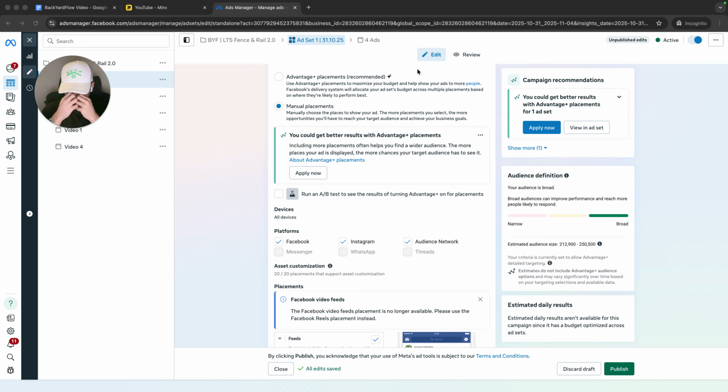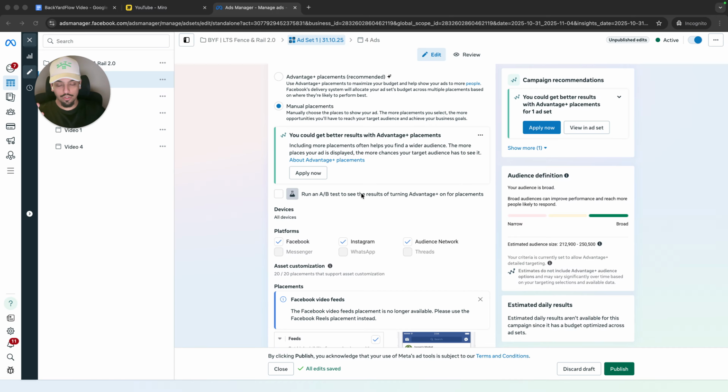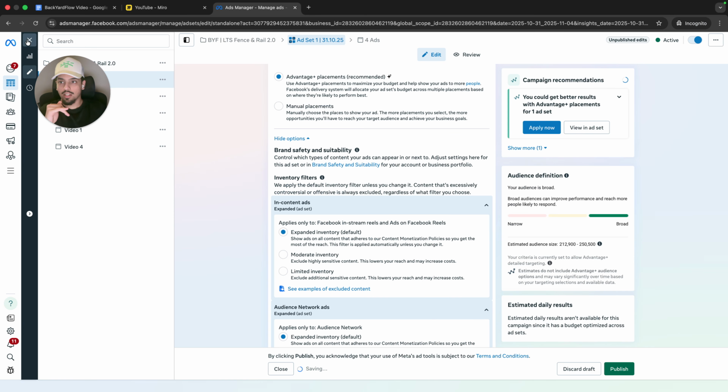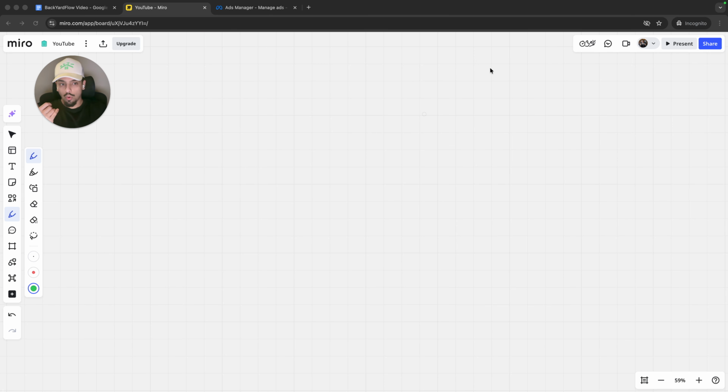But for Facebook, you could turn it off, right? So in Facebook, you can turn it off, and that way you can make sure that it's only on the Facebook and Instagram in feed, but turn off everything else. Everything else, like search, the audience network, anything like that, turn it off, because what Facebook does is it's going to start spending money there where you don't want it to spend money. You want it to spend money at the places where people are spending their time,